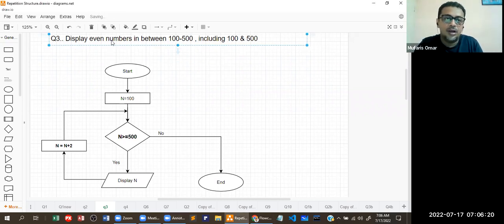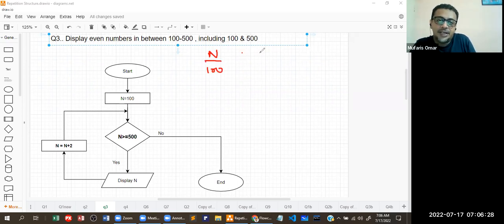Okay, tracing table, you can draw this one. Initially n is 100. Then the condition n greater than or equal to 500. Let's assume, we don't know. Maybe, as some of you said, we'll try to do this. Then display the value,